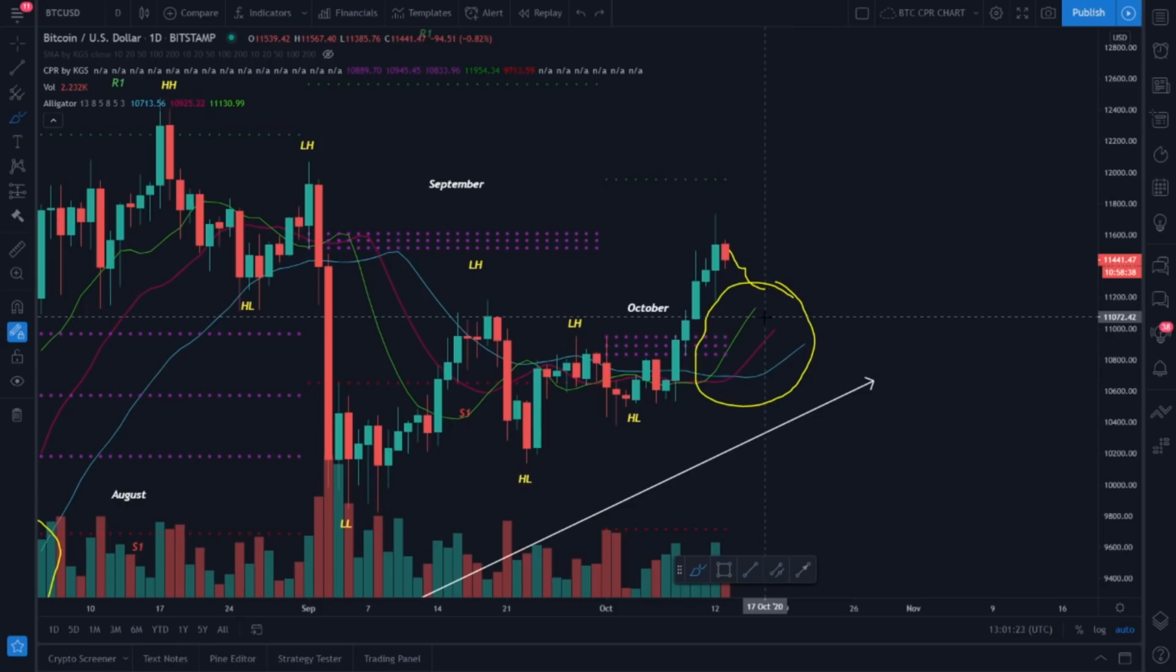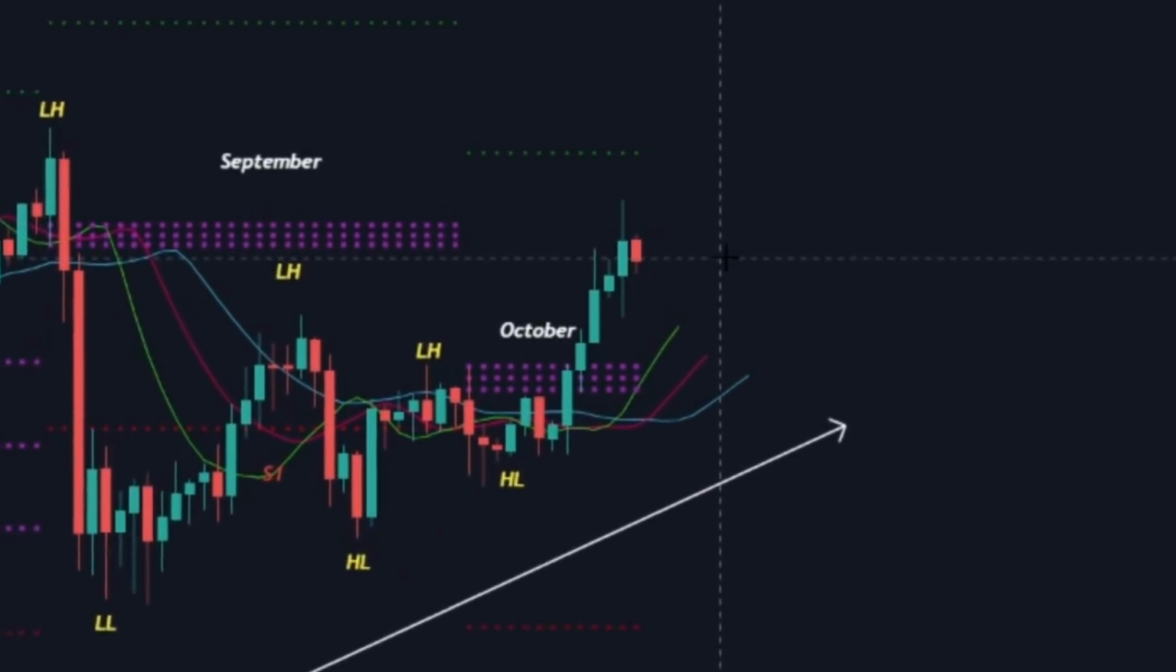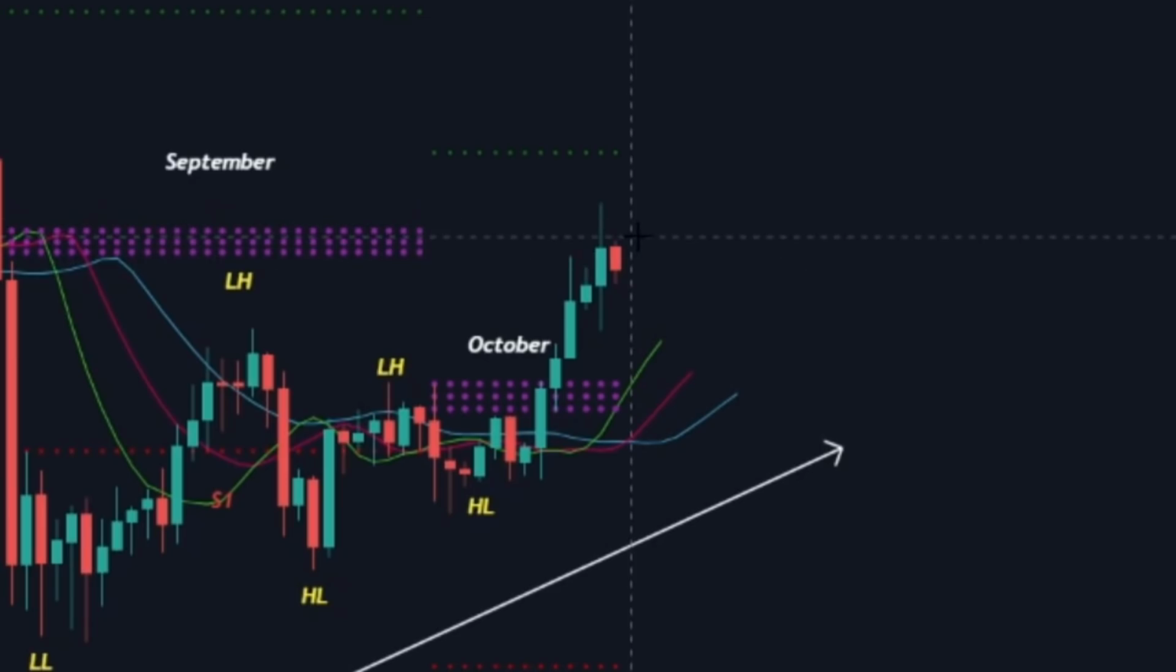But now, as I said, I'm actually going to show you the reason why I took a short trade from this price level of